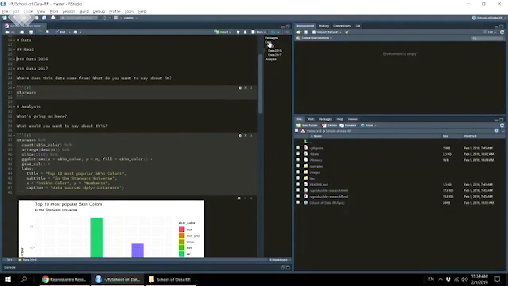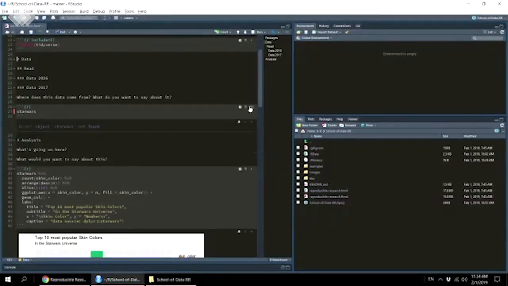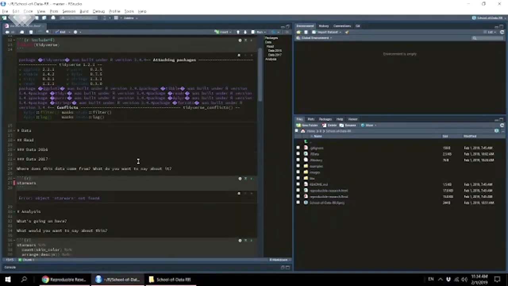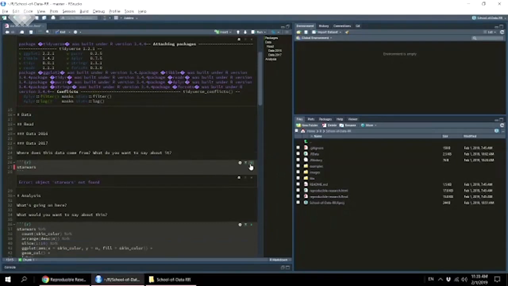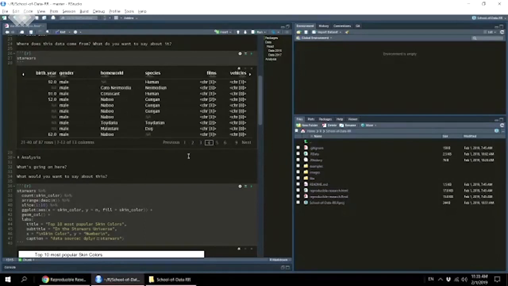You want to explain the run chunks? And the great thing about this is that you can run the code in RStudio, and it'll display it right underneath. Oh, so we have to load tidyverse first. So make sure you have tidyverse loaded. And now we can run the Star Wars data, which looks like this, and it'll spit it out in this easy to navigate